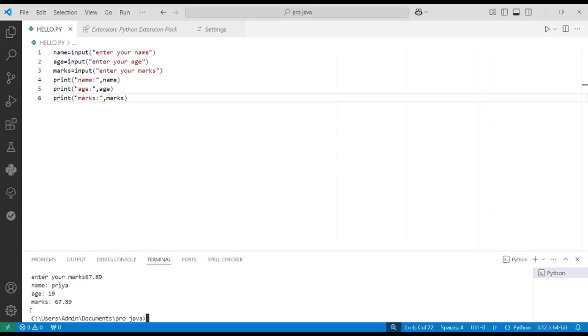Then name Priya, age 19, marks 67.89. It will not give any error, but if I print the type of age